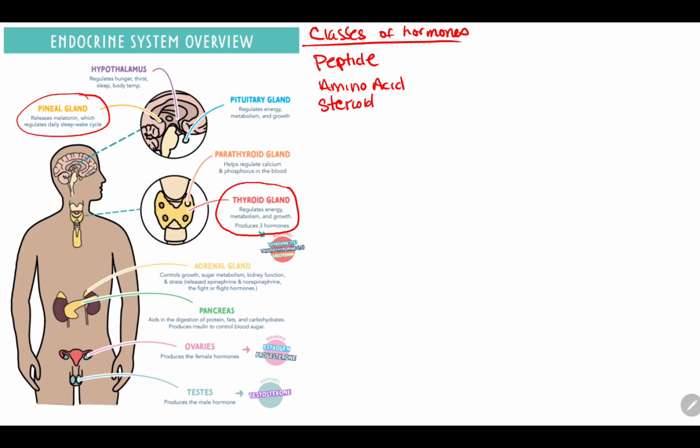And then we have the last class of hormones being those steroid hormones, right? Those steroid hormones are going to come from that backbone of cholesterol. And remember, steroid hormones are only going to be produced by the adrenal glands and the gonads, right? And so we'll talk about those adrenal gland hormones in just a second too. But remember, they're going to come from that precursor cholesterol, okay? So you got to remember that.